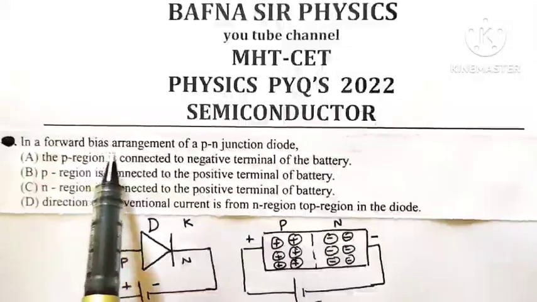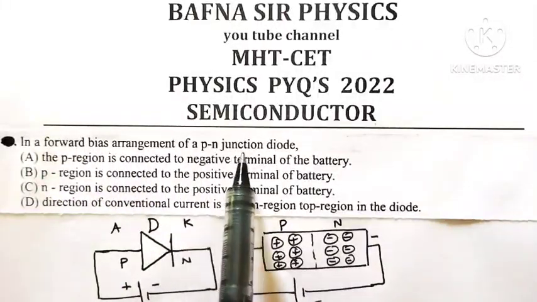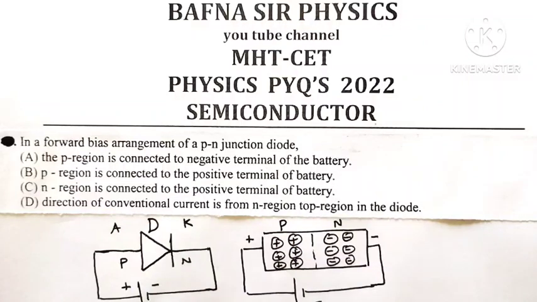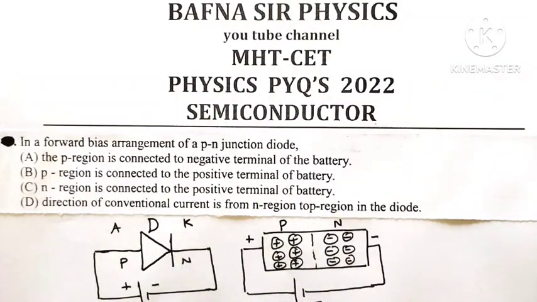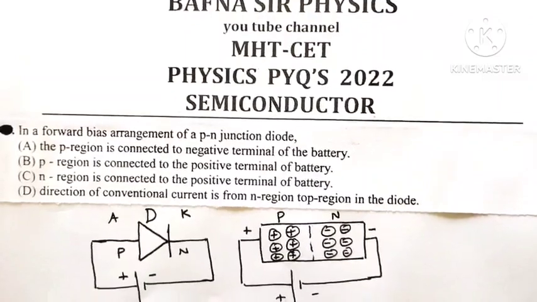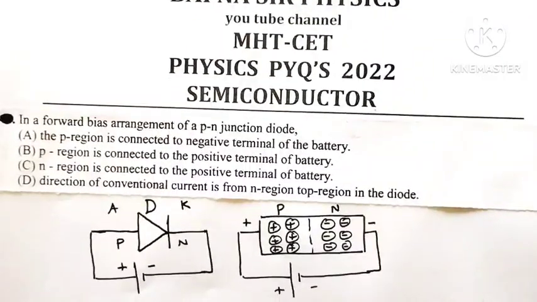In a forward bias arrangement of PN junction diode. Now, forward bias arrangement of PN junction diode means it is the way in which battery is connected across the PN junction diode so that the diode allows the electric current to flow through it, or it behaves like a closed circuit. For the flow of electric current through the junction diode, it is essential that